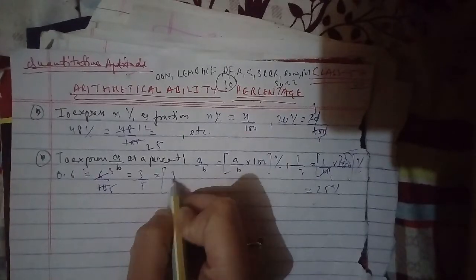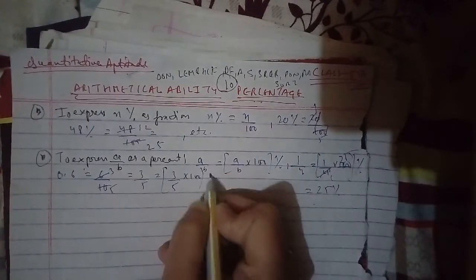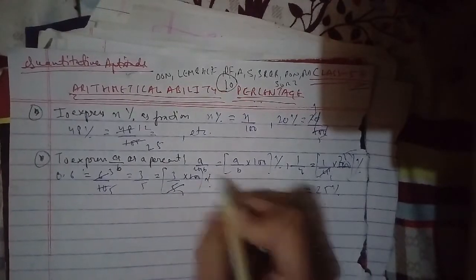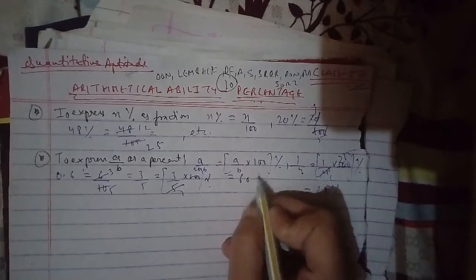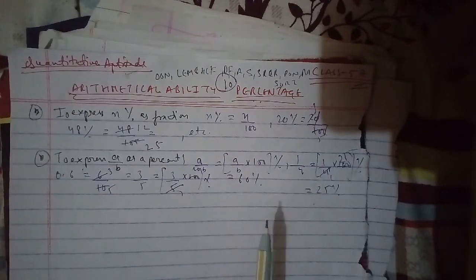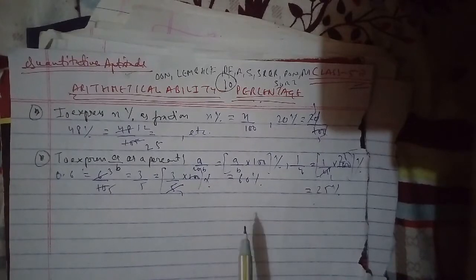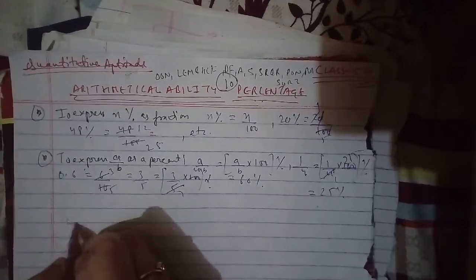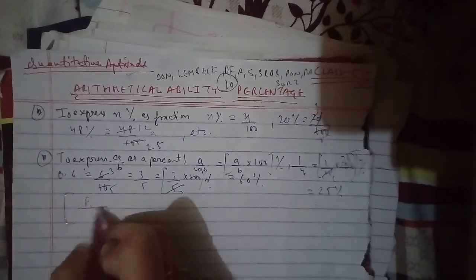Now, if the price of a commodity increases by R%, then the reduction in consumption so as not to increase the expenditure is R upon 100 plus R into 100%. Similarly, if the price of a commodity decreases by R%, then the increase in consumption so as not to decrease the expenditure is